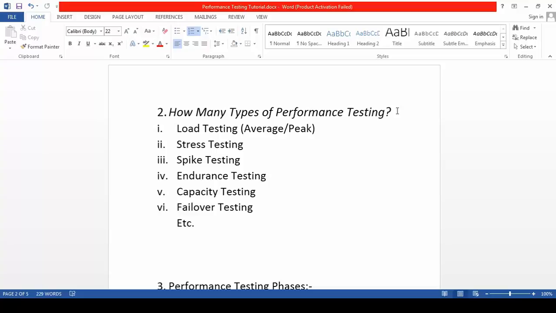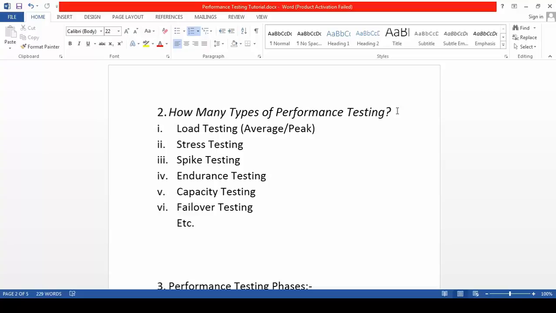Or you can calculate the peak user load. What does that mean? Let's say from 11 to 12 we have 1000 concurrent users, but from 12 to 12:30 the user load increases from 1000 to, let's say, 5000.